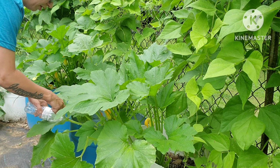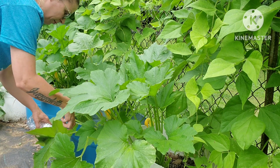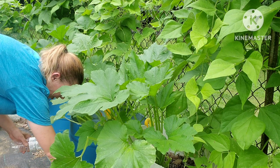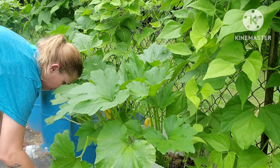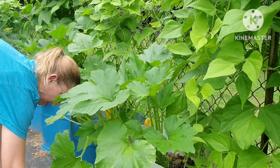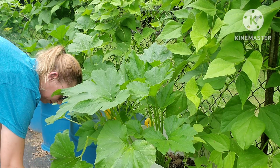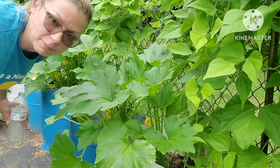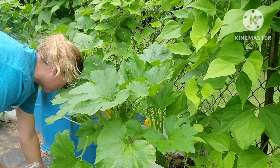Or you could do like I'm doing now and just cut them in half. I needed to take off some leaves anyway, so I'm just going to go ahead and cut it. That one's still alive. That one's going to die. Well, I stepped on it. But you see, this is what